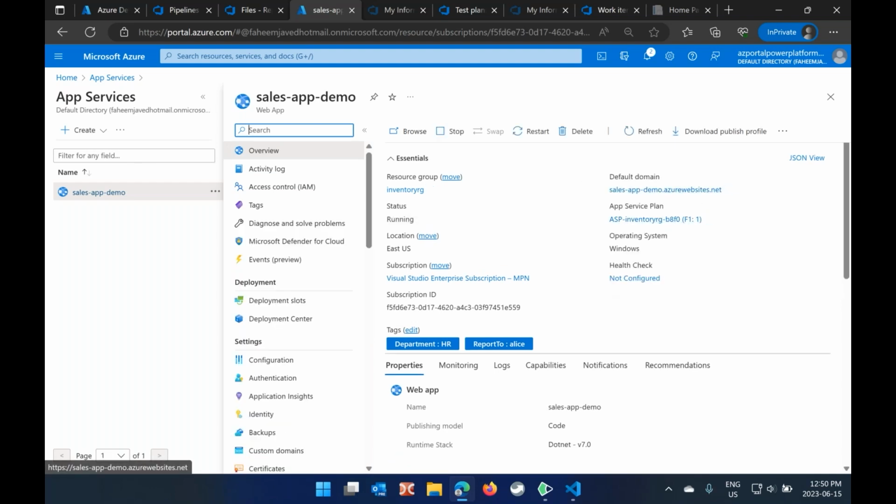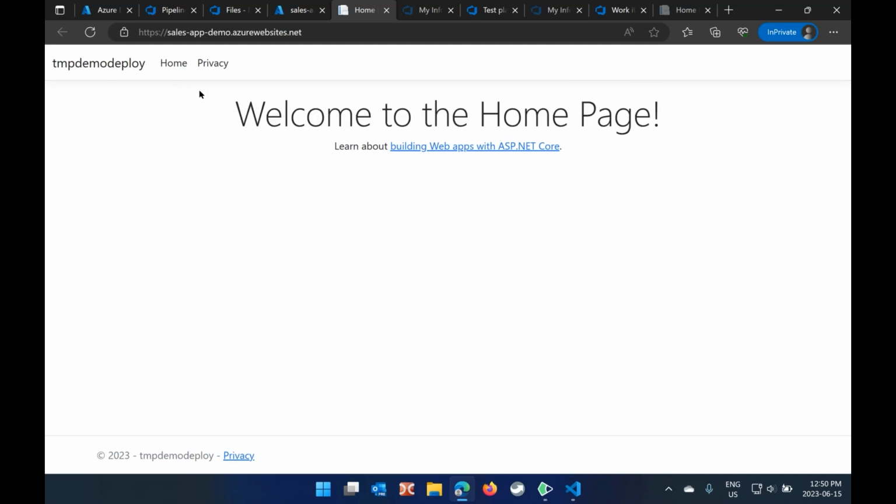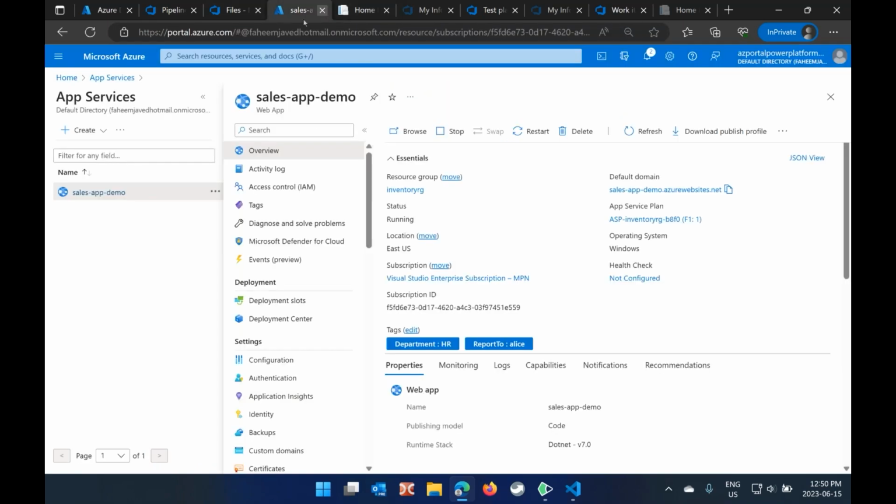So first of all, let me open the URL here. You can see that I have this website here. We have this simple message, welcome to the homepage. So it's a simple .NET application. And here, let's say if I go back to my Azure DevOps,